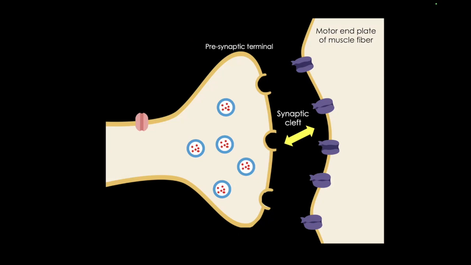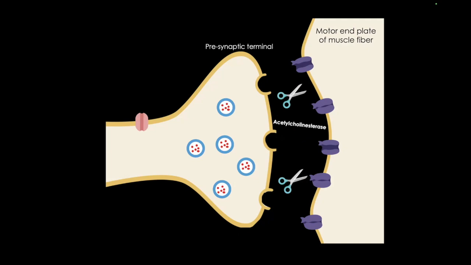Essentially, this is the space that the neurotransmitter, in this case acetylcholine, has to cross after being released. Now, the cleft is not just empty space, it contains a structured basal lamina that helps organize the pre- and postsynaptic machinery, and it also anchors an important enzyme in place. So the synaptic cleft contains the enzyme acetylcholinesterase, which rapidly breaks down acetylcholine after it's bound to its receptors, terminating